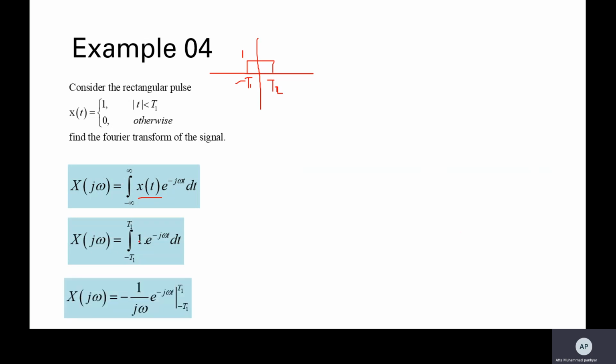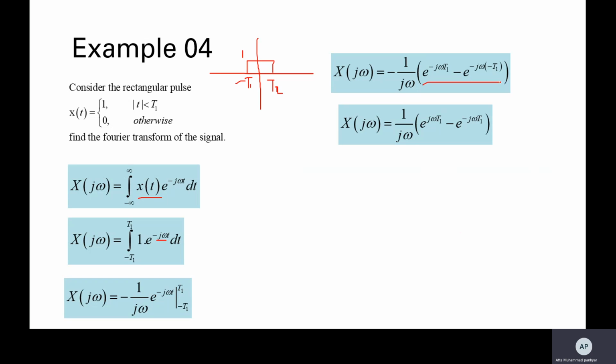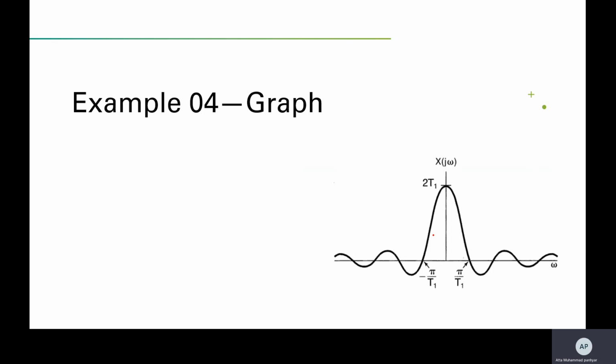And if we solve it, we need the derivative of this function as coefficient, so we multiply and divide both, right? And we solve the integral, we get this one, applying the lower limit and upper limit. Now if I multiply 2 in the denominator and numerator, I will get 1 upon 2j here and 2 in the numerator. So this whole term would be reduced to sine omega t1, right? This is the final answer for this rectangular pulse. It's a sinc function, if you see, right?